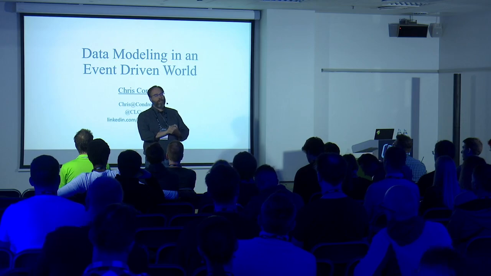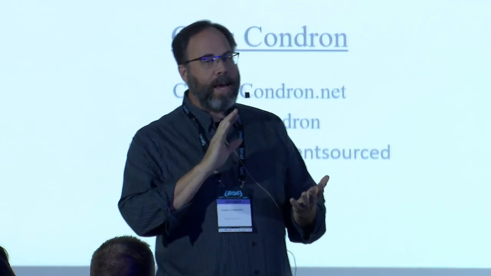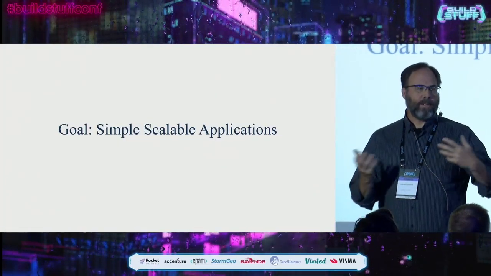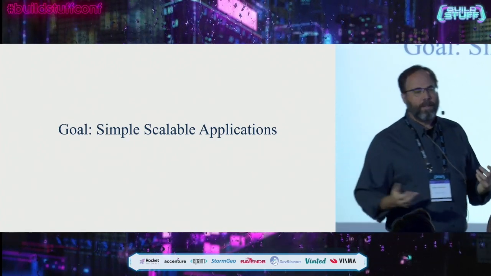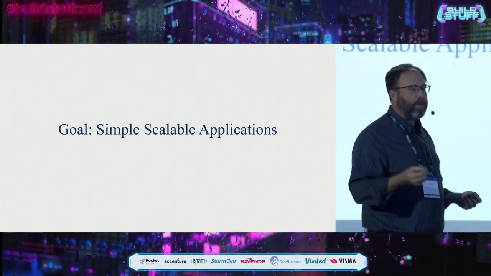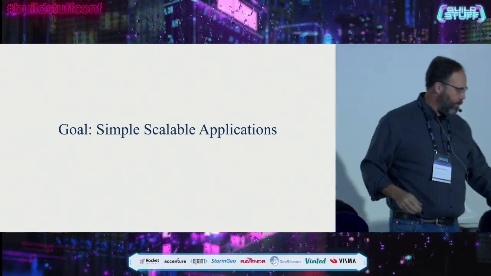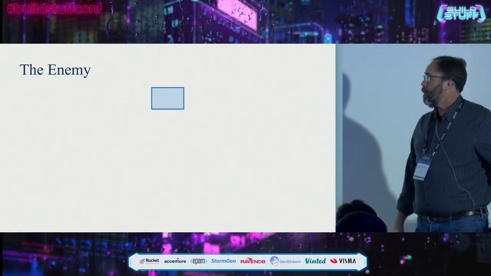To start off, one of the things I find is that defining what we're talking about is the first real big thing we've got. So what our goals are: simple scalable systems. What some of the enemies are. Why do we care, why do we want event-driven systems, what are we really trying to get to, and fundamentally, the enemy